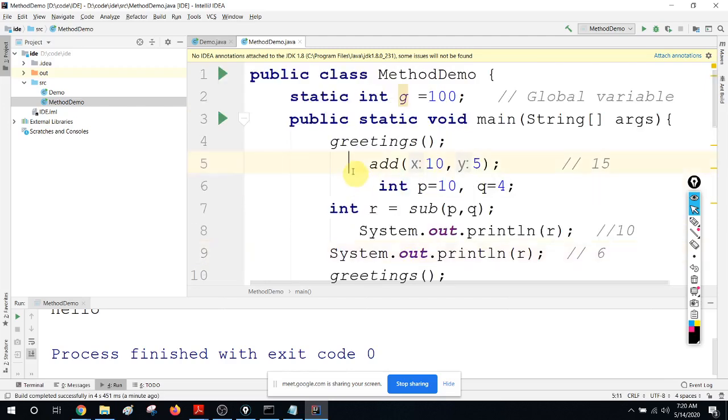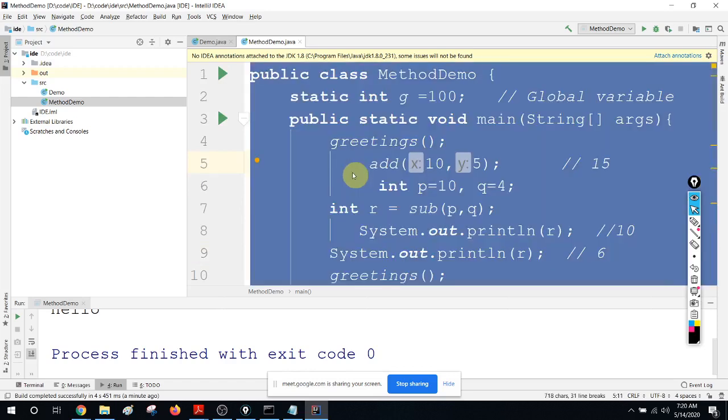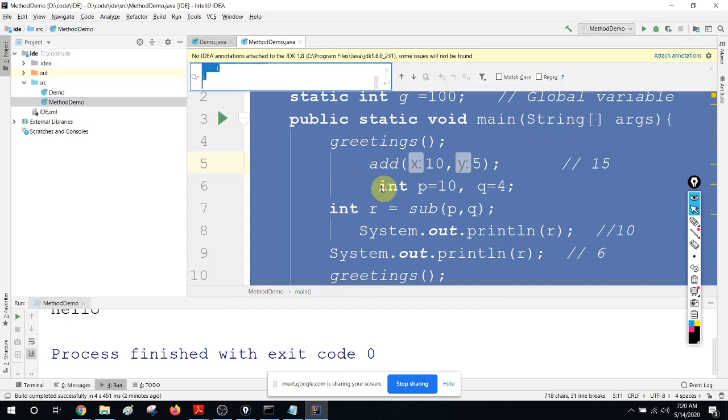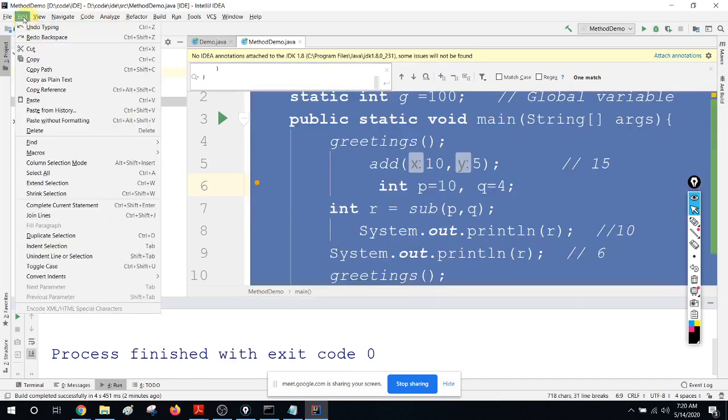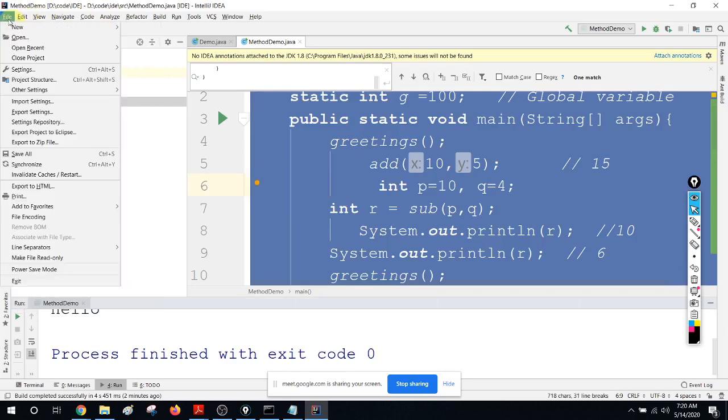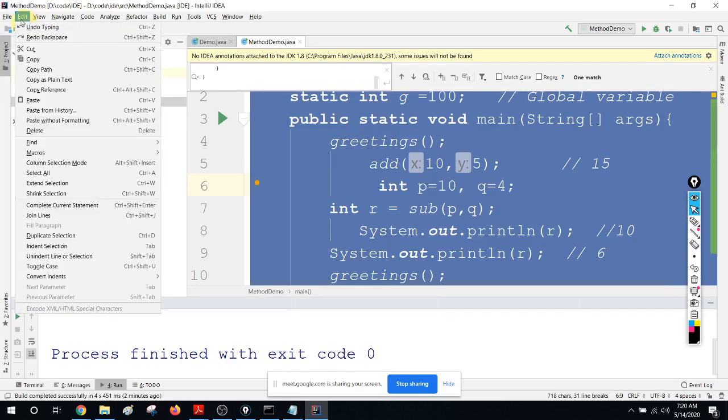What you can do is press Control A, select all. Now you can see these are messy, not formatted. Control F? Okay, not Control F. There must be some other shortcut. So Control A, edit. There should be a shortcut to format.